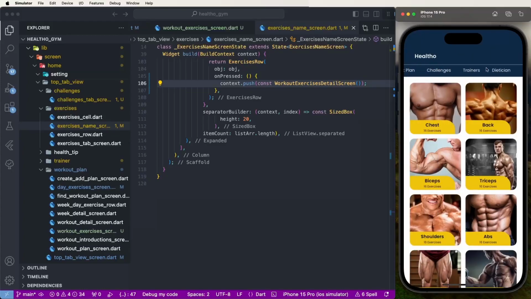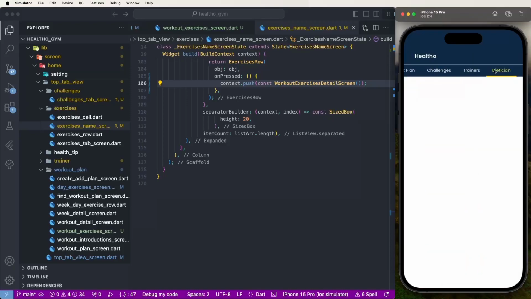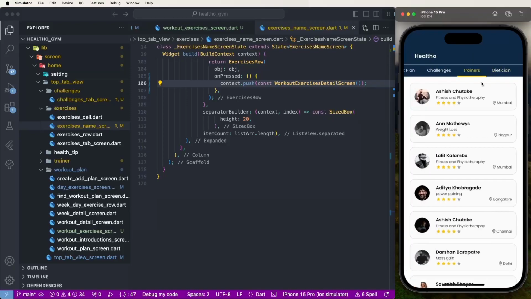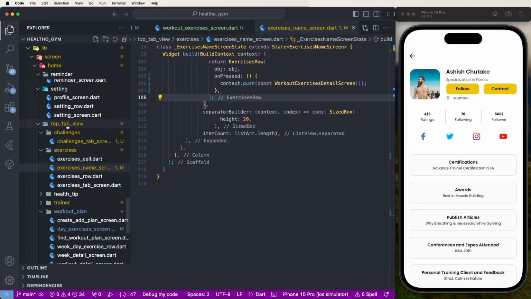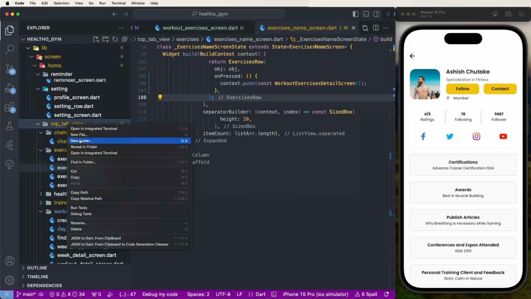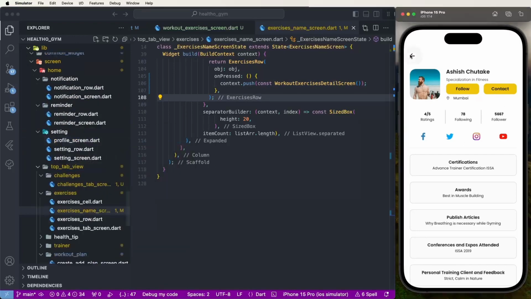And also I need to develop the last tab, the dietitian tab. Now I need to copy the trainer screens as well as the trainer profile screens. I need to copy and reuse the screens inside the profile screens. First of all, I need to create a new folder and give it the name dietitians